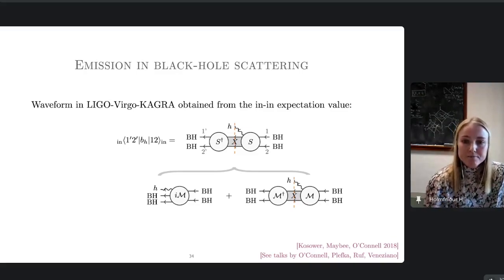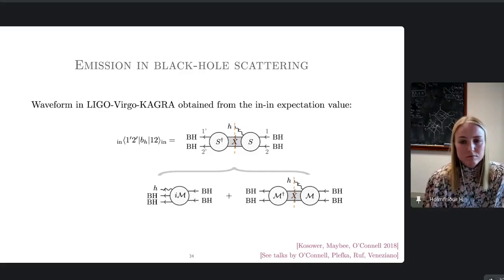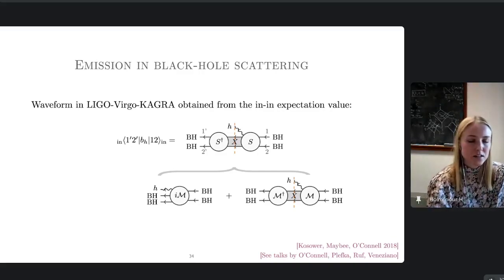But the fact that these black holes are in, I mean, of course, I can make a change of basis and go to out, but what is the utility to express everything in terms of in states? Oh, I mean, that's just what we usually do. We just use a basis of states. I think that's maybe what you're asking.